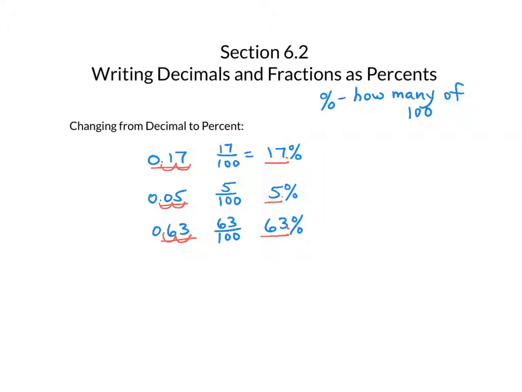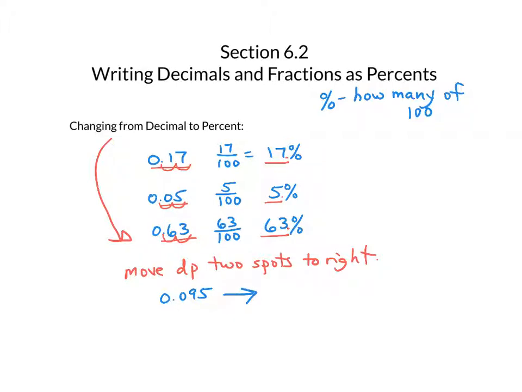So changing from decimal to percent is really easy. Rather than moving the decimal point 2 spots to the left, you're going to move the decimal point, and I'll abbreviate decimal point DP, 2 spots to the right when you are changing from decimal to percent. So let's just take a look at a few other ones then. If you were given 0.095, and now that is a decimal. If I wanted to change that into a percent, I'm going to move the decimal point 2 spots to the right. So it would be